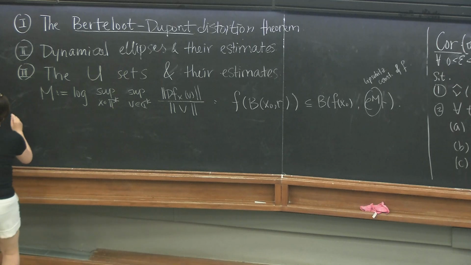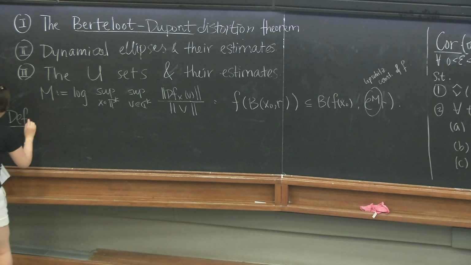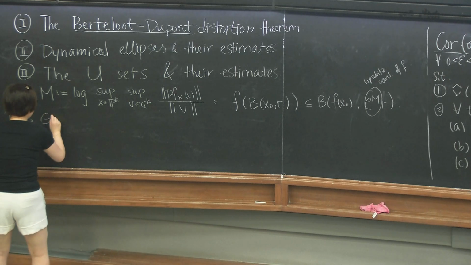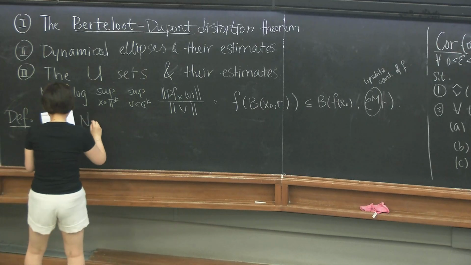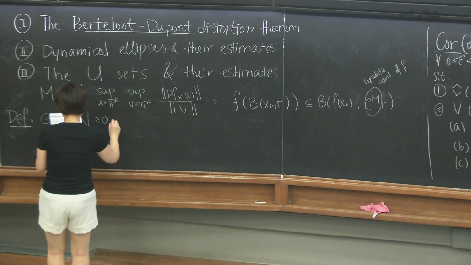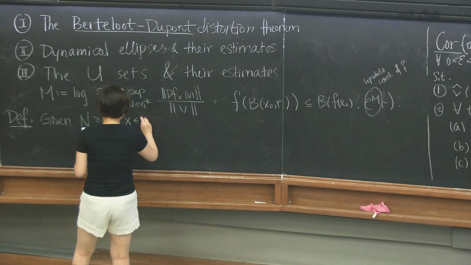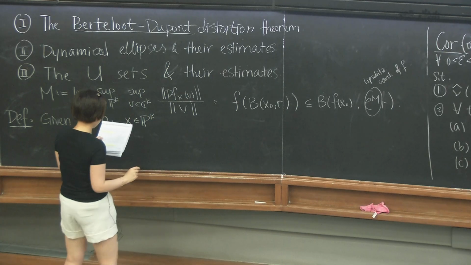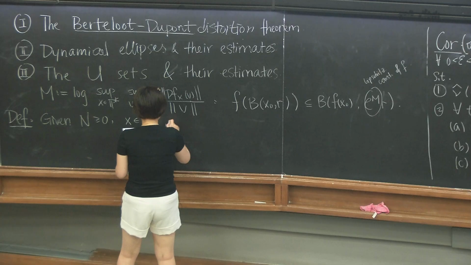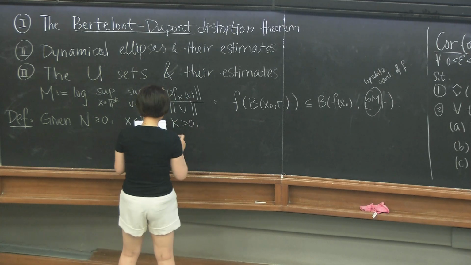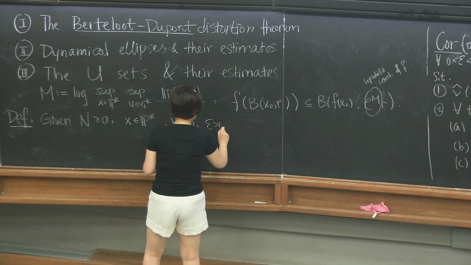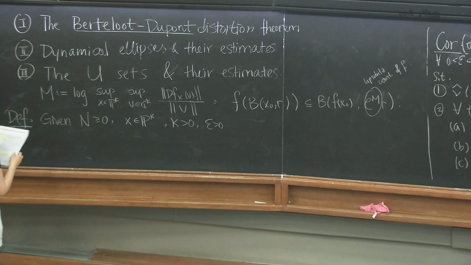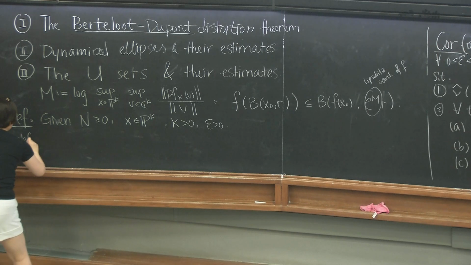Okay, so now I'm going to write down the definition, which is very simple to write down, but it's kind of fake, because it's not always defined if I just write it like this. So if we have a natural number n greater than or equal to 0, and I take a point inside my projective space, and a radius kappa bigger than 0, and epsilon bigger than 0. So epsilon is the level, right? Then I define this U set,